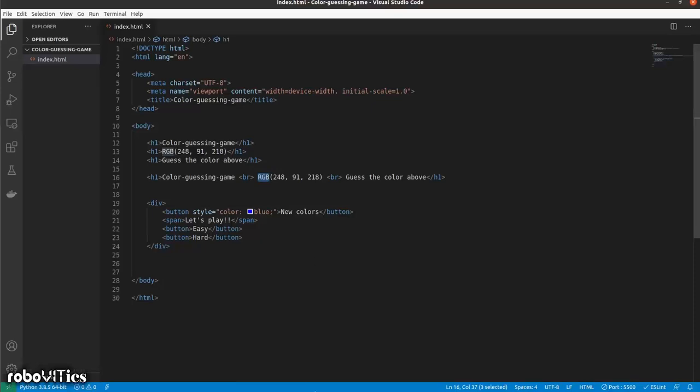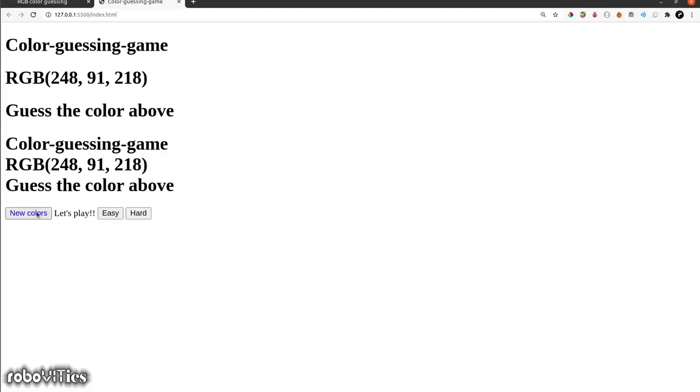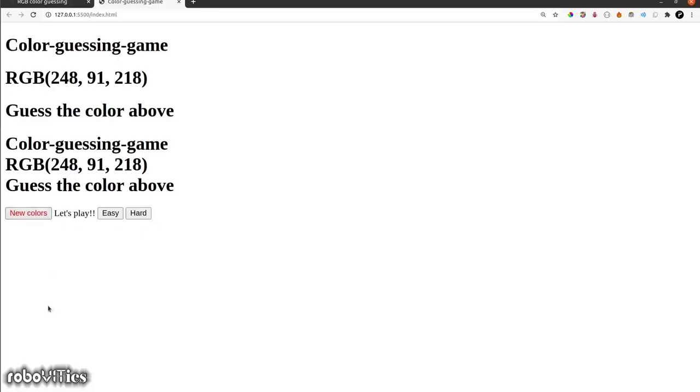Now the first way you can do it is using inline CSS, which I've already shown you over here. For doing that, we mention our style attribute for any HTML tag. We have a set of properties and values inside quotes that we give so that we can mention the style that we want. So say for example, over here I've given color as blue. This would basically render our button's text color as blue. If I have say red over here, this is going to change it to red, and so on.